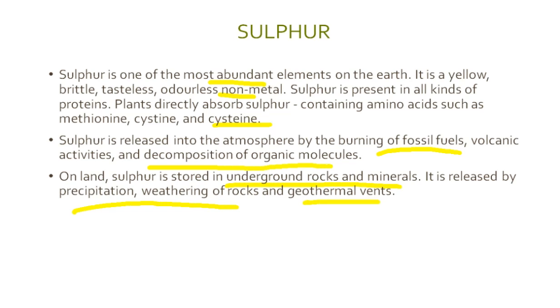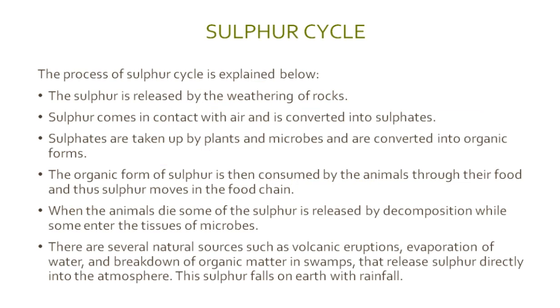Alright guys? So this is the process of the sulfur cycle. First of all, the sulfur is released by the weathering of rocks. Then sulfur comes in contact with air and is converted into sulfates. Sulfates are taken by plants and microbes and are converted into organic form. The organic form of sulfur is then consumed by the animals through their food, and thus sulfur moves in the